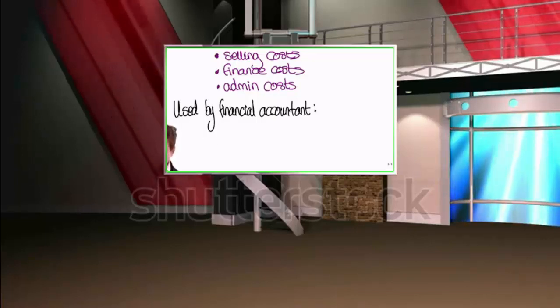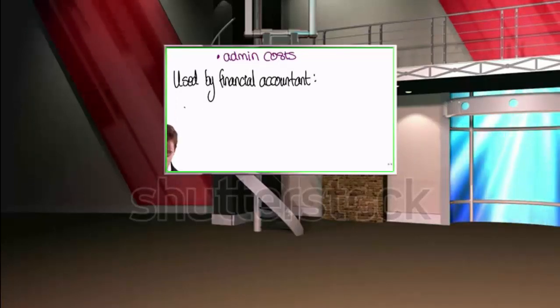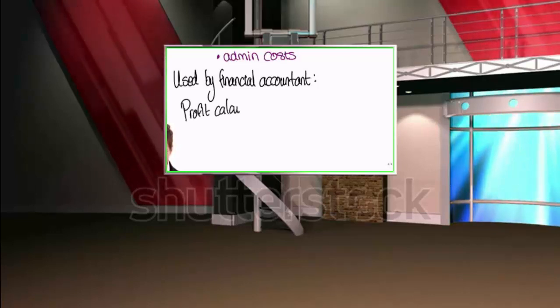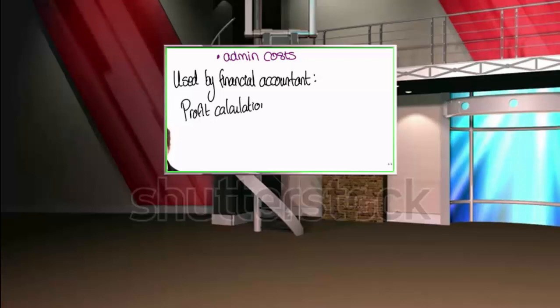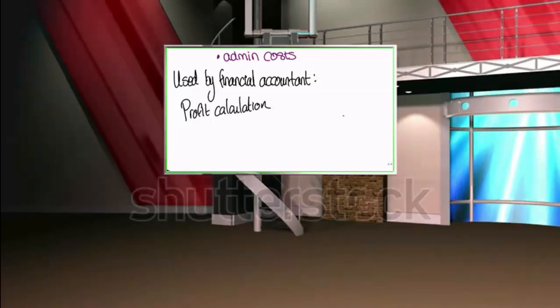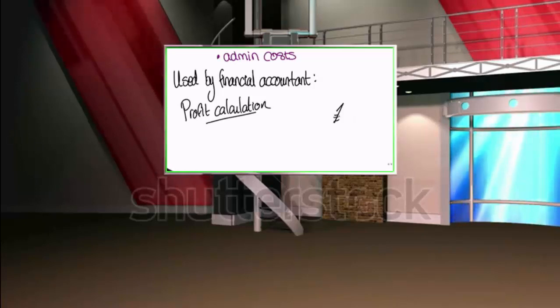So, when our financial accountant is doing their profit calculation, at a very high level, we don't need to go into the detail, but if they're doing their profit calculation,